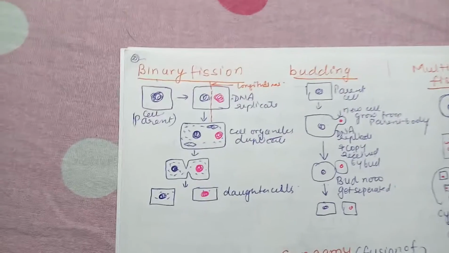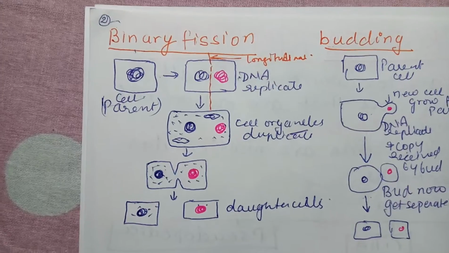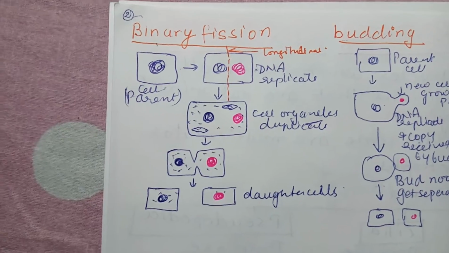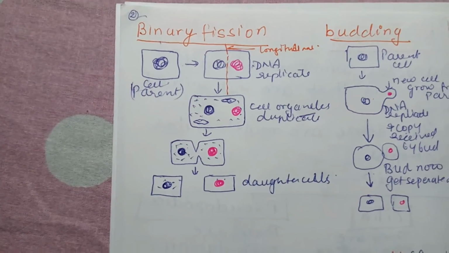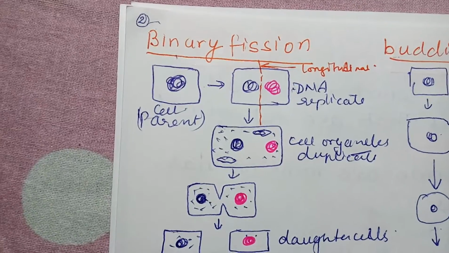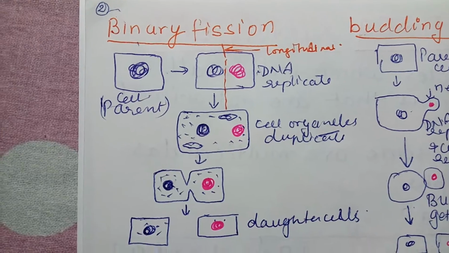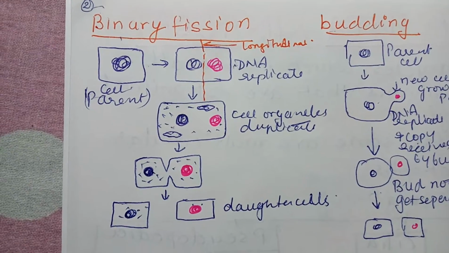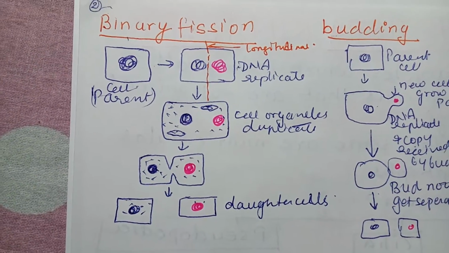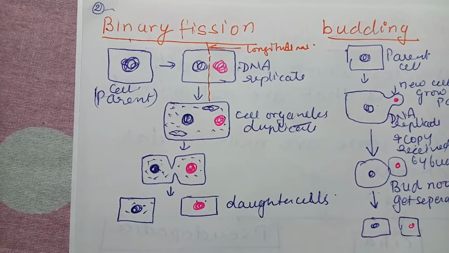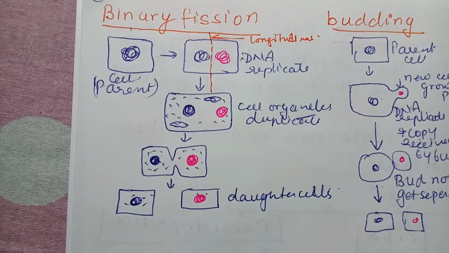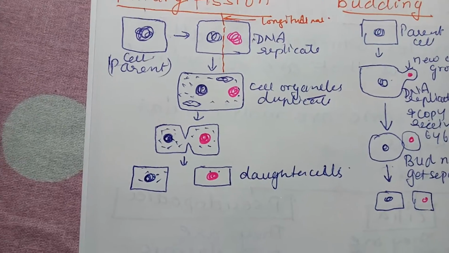In binary fission, from one cell two different cells are generated, dividing either longitudinally or transversely. Before the division, its DNA is duplicated and one more copy of DNA is generated. Then other cell organelles also divide or duplicate, and then the cell membrane pinches off